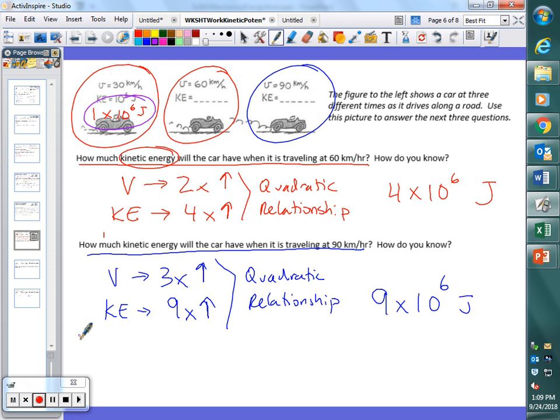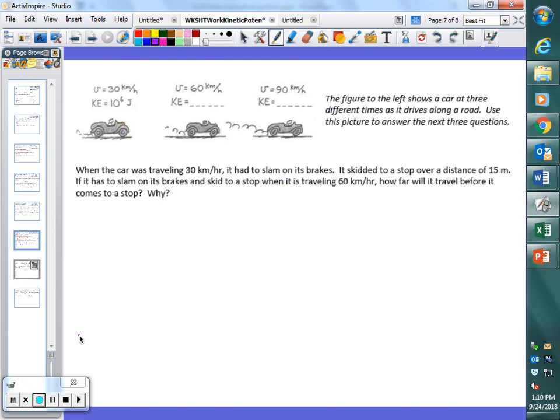This gets back to how speed and kinetic energy are related to one another, right? We really didn't have to use our calculator at all here. We just have to know the relationships. Okay? All right. Ready to move on? Because the next part's a little bit trickier. The next part,